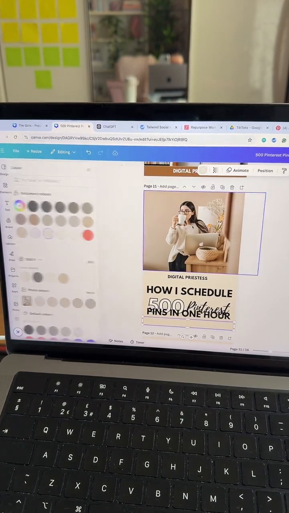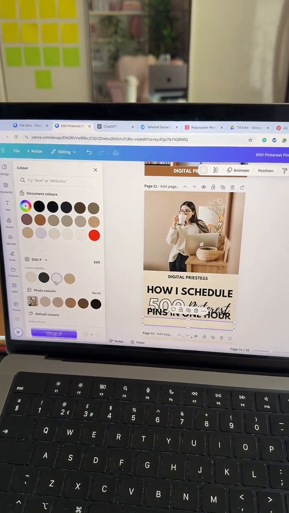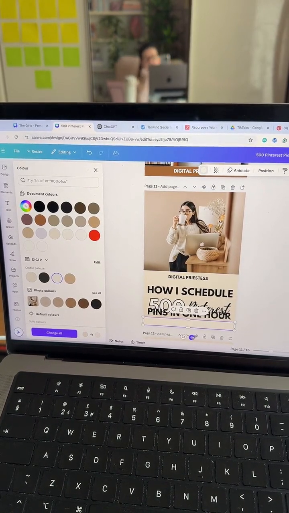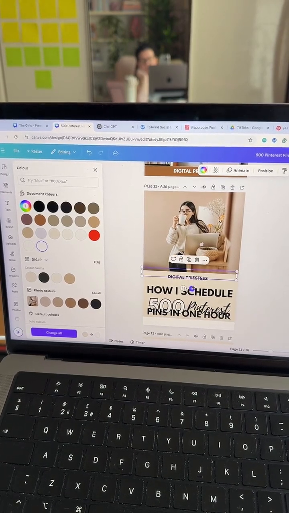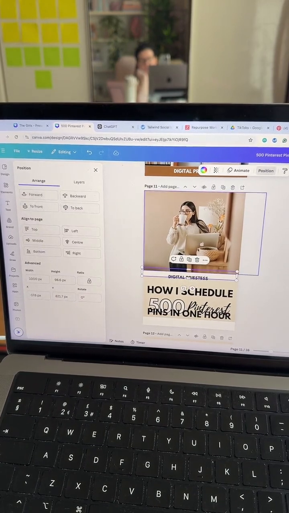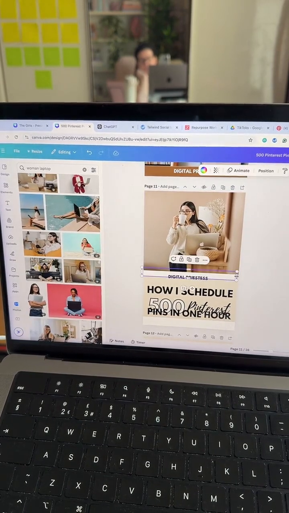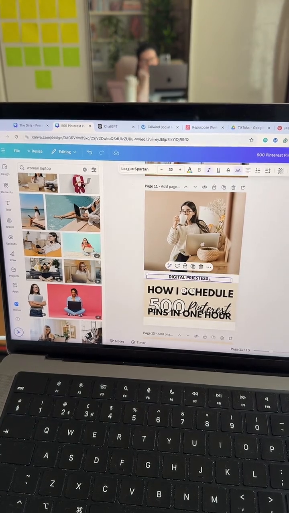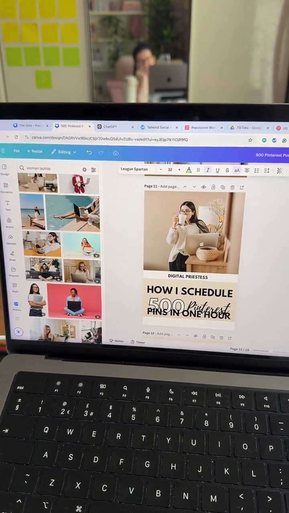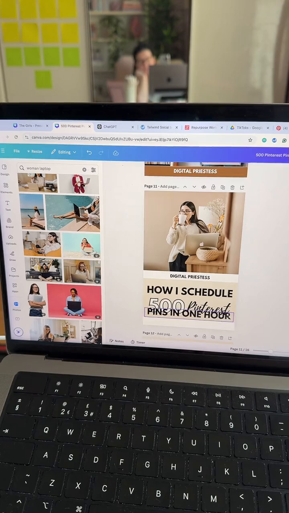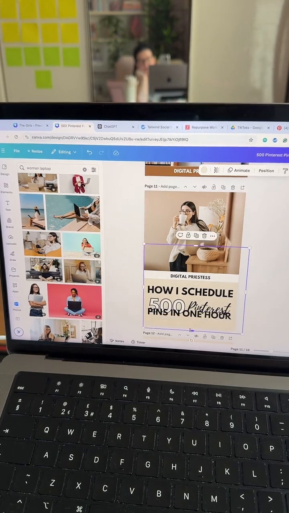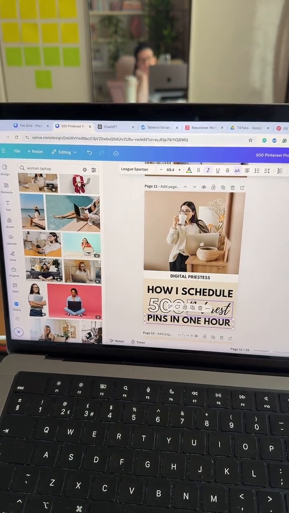I'm going to make this white maybe, or a different colour. Oh, no, that's not white enough, is it? Put it there. Position, move it forward. I'm just trying to change up the style slightly. Let's make sure that that is centered. Going to bring this beige all the way down, just reshuffle these around.